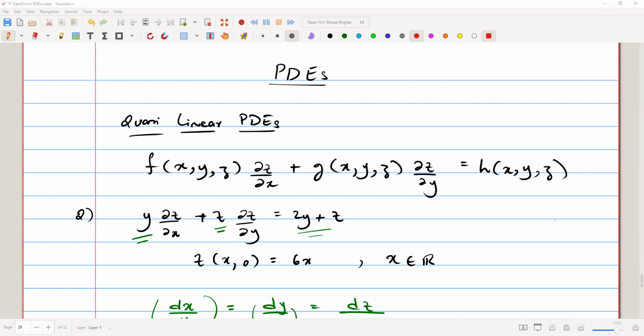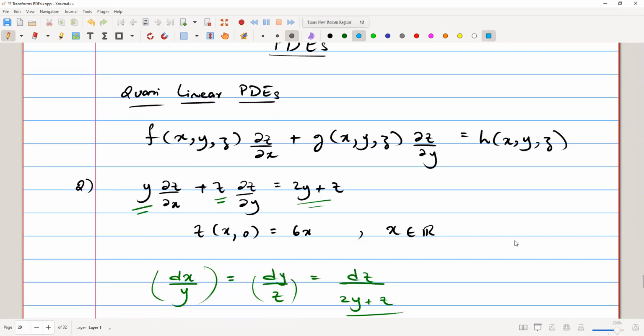So previously we discussed linear and semi-linear partial differential equations of first order, and we saw how to solve the problems. Now in this class we are going to talk about quasi-linear partial differential equations of first order. So the general form of a quasi-linear partial differential equation is f of x, y, z times this partial of x, and then g of x, y, z times this partial of y equals